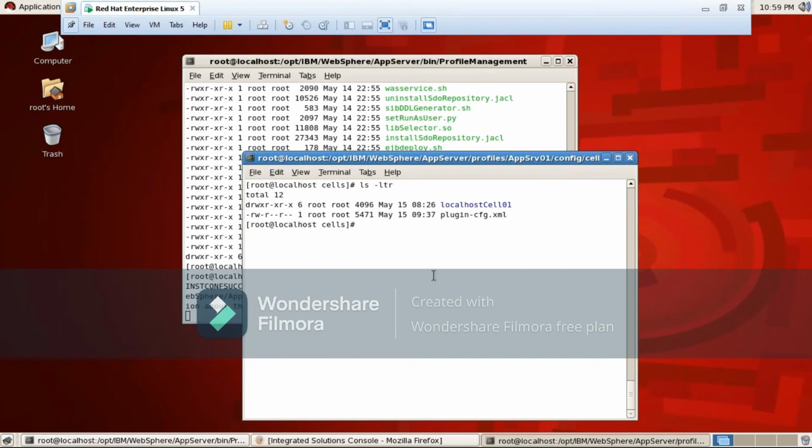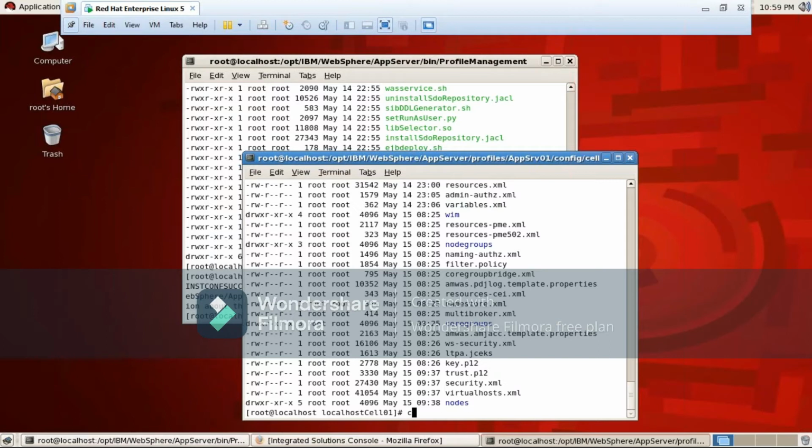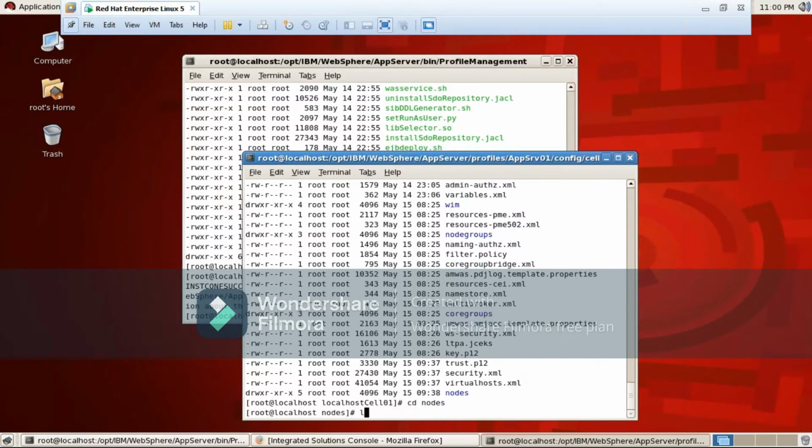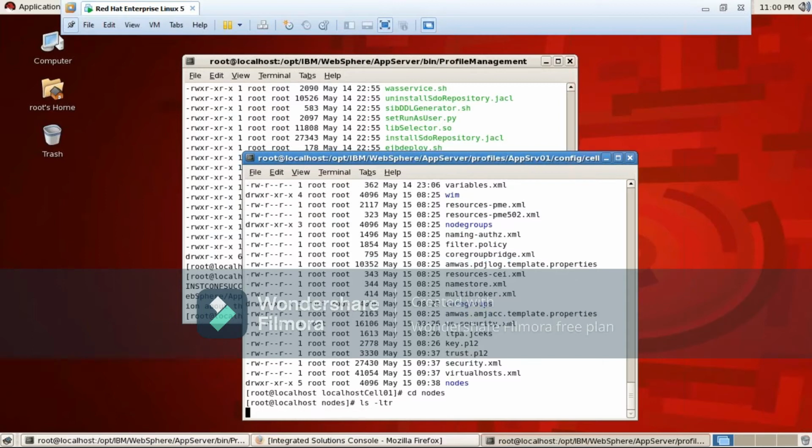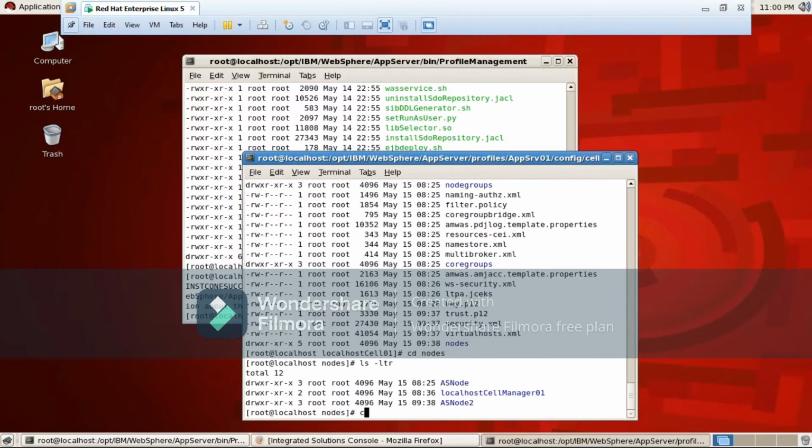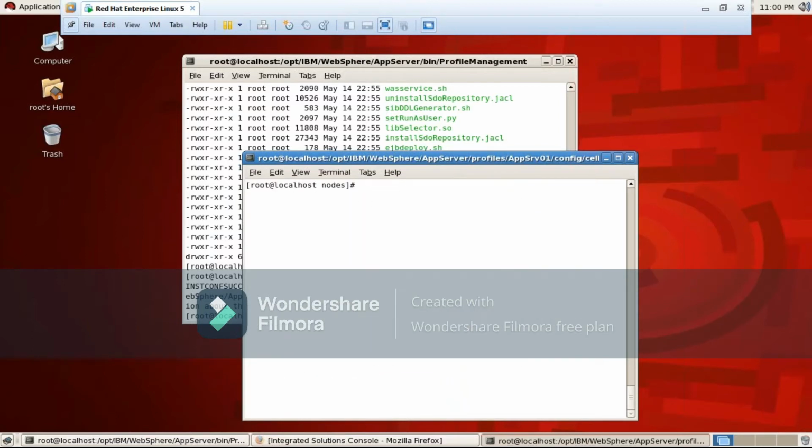Okay, so now if you get into this cell, you will see cell level configuration files. If you get into the nodes, what you will see here?